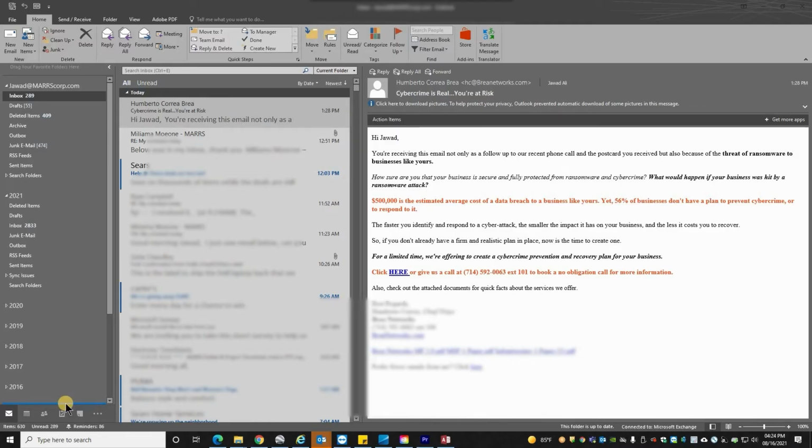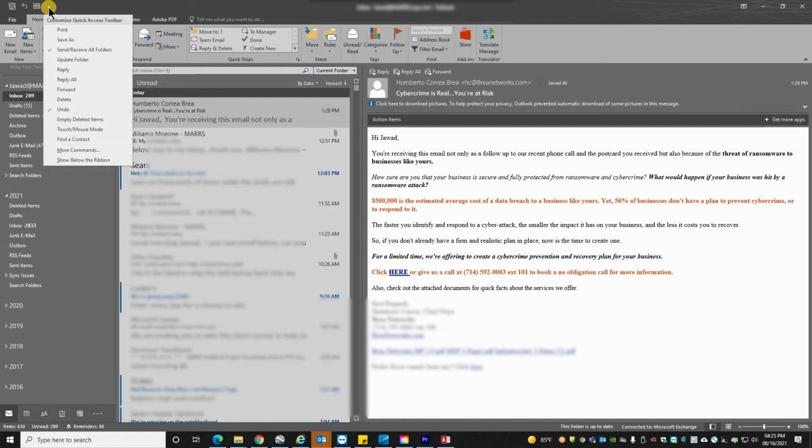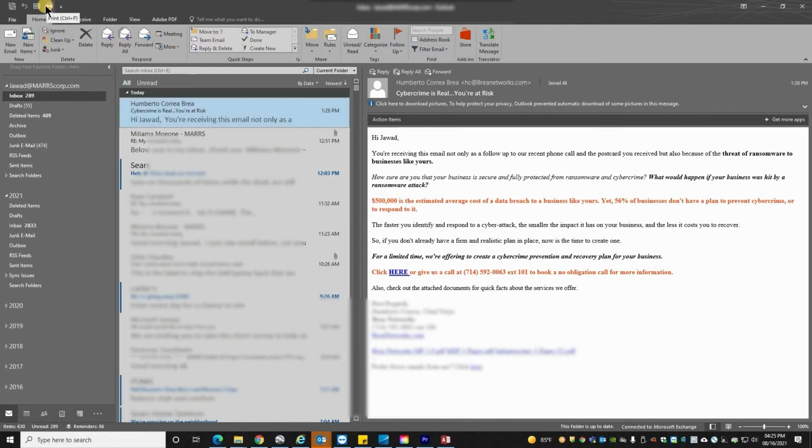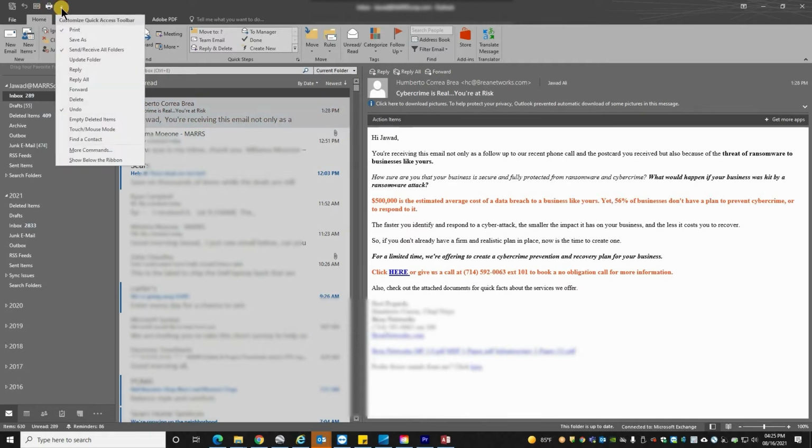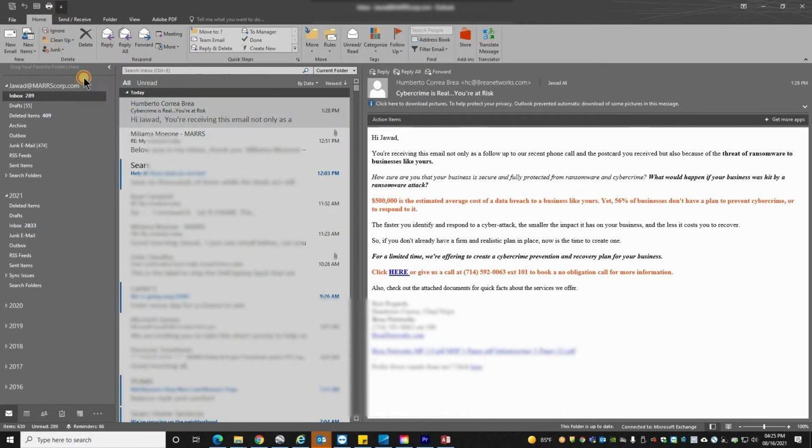The next tip is the quick access toolbar. This is very handy and a really good shortcut. On the top left corner, if you look here, I have undo, and I have send and receive all folders, which updates all the folders. If I want to add another thing, I just need to click this small arrow and, let's suppose, choose print. I just click on print and I have a quick access icon. Let's suppose I want to add another one, reply all, I can get it.